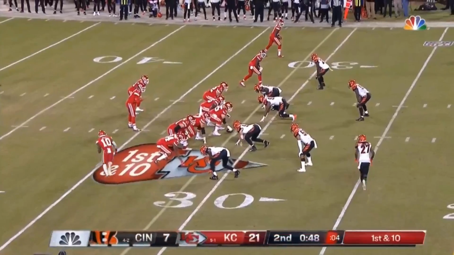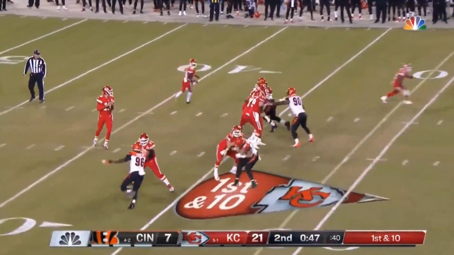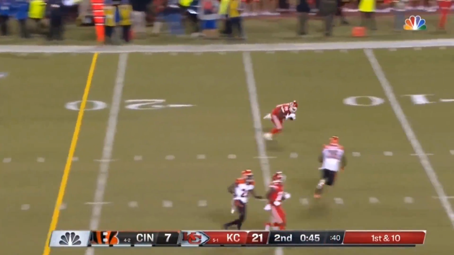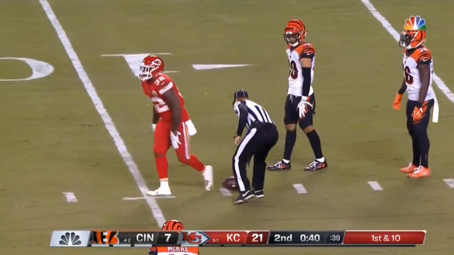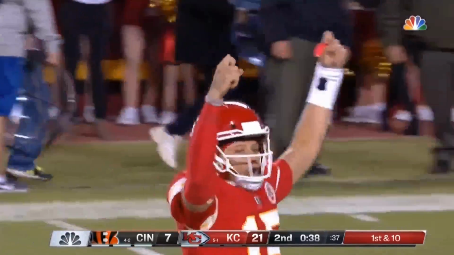Looking at a pretty interesting play here. Kansas City Chiefs, 2 minutes right before the half, 1st and 10, right there on the Bengals side of the field. They run a really interesting version of what we're going to call four verticals, but the play action